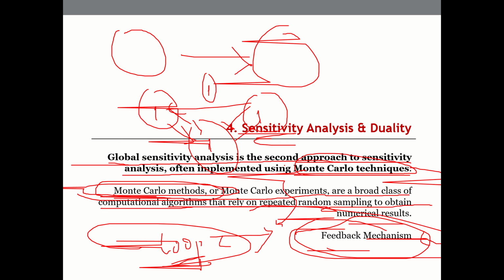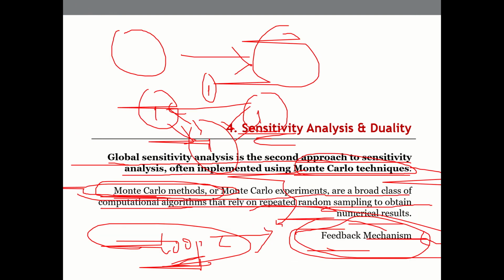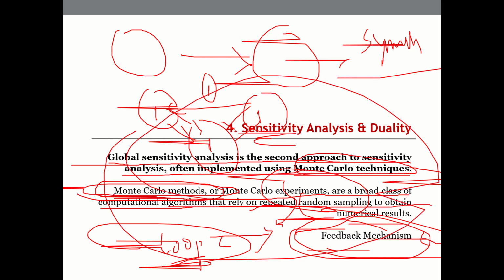So what is the major difference between global and local sensitivity analysis? In this case, one parameter at a time is analyzed and then decisions are made. Here the entire set of parameters is linked using an algorithm. It's all connected, and then decisions are made. How do you do that? There are very powerful tools like system dynamics. System dynamics can be used for analyzing global sensitivity analysis.